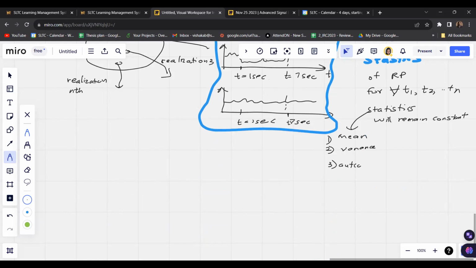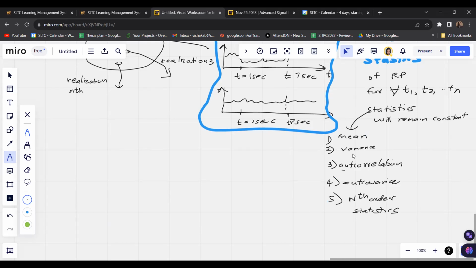Since we are taking the same random process into account, we will consider autocorrelation and then autocovariance. There are also other nth order statistics. These nth order statistics that we can compute for this random process will be constant at each time instance